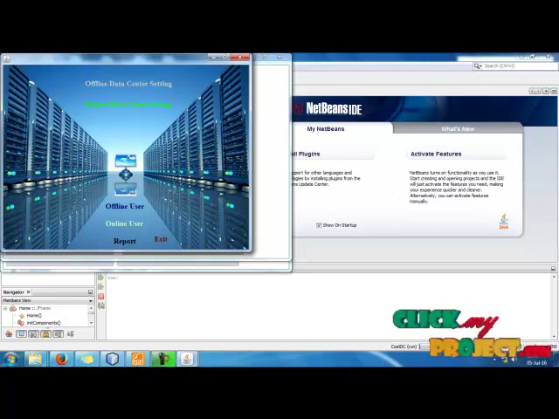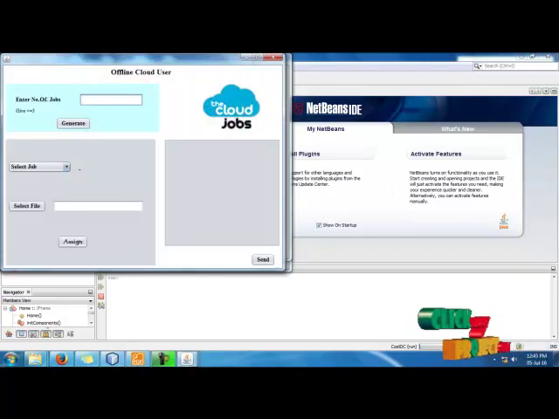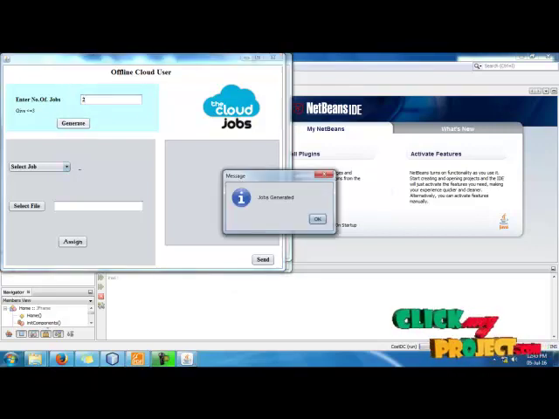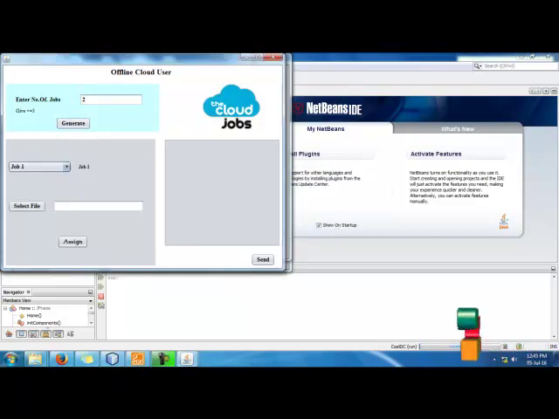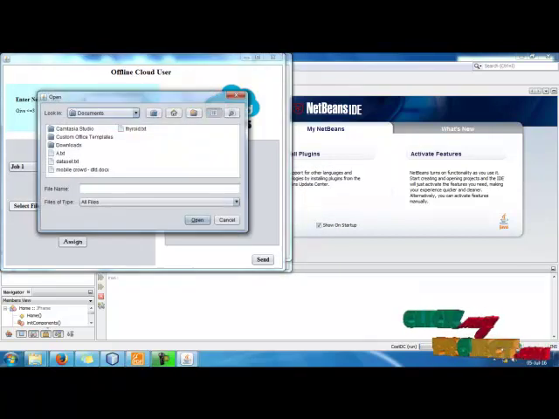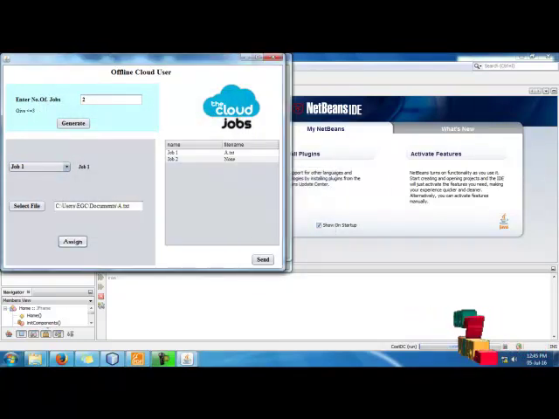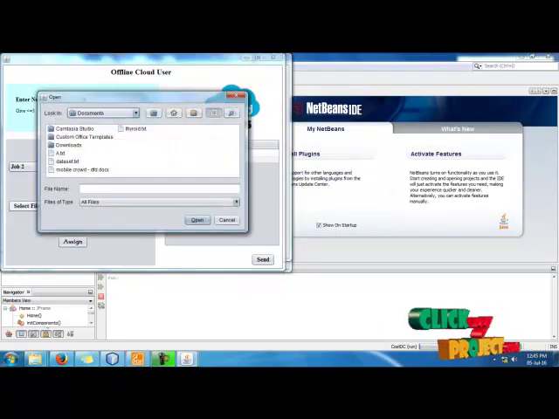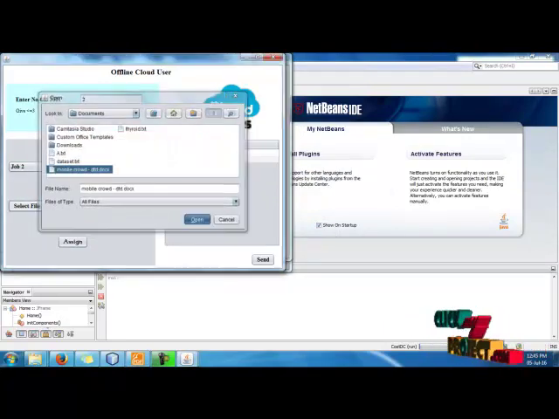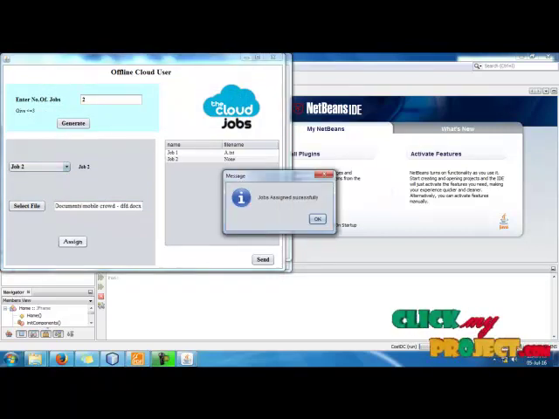Click on online users, offline users. Offline cloud users will generate jobs; we give two or three jobs, and the jobs will be generated. So create the job, define the job, and assign a file to every job.